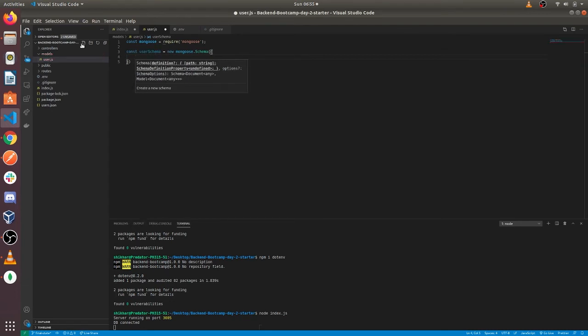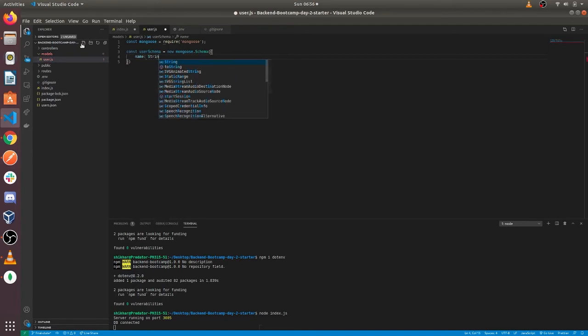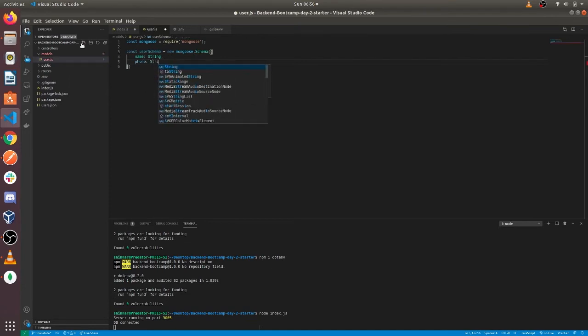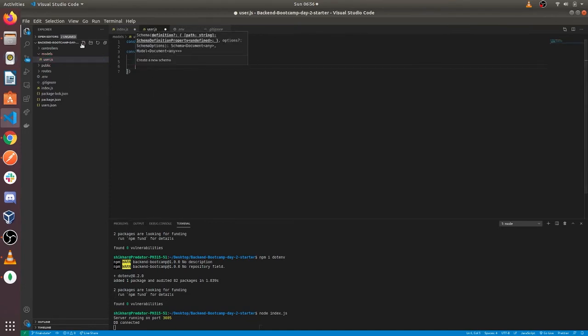This is how we define a MongoDB schema. The properties that we will be using in our front end were name, phone, and company name. Just to demonstrate how we can use a nested object,